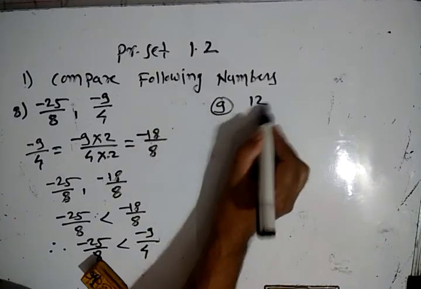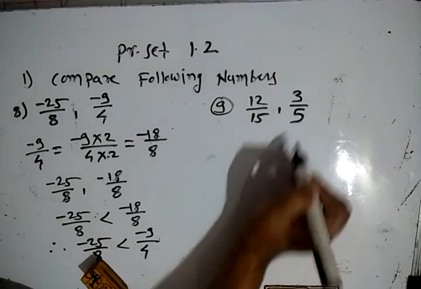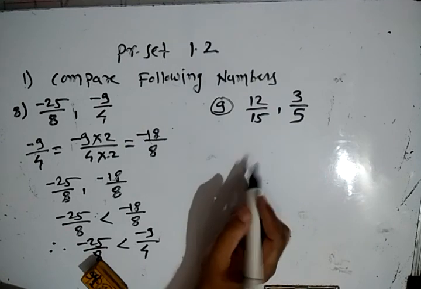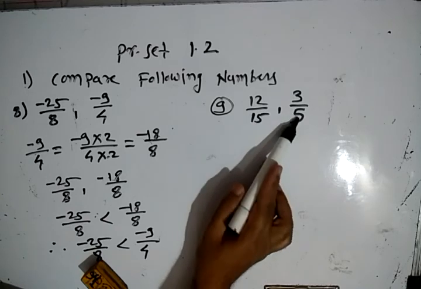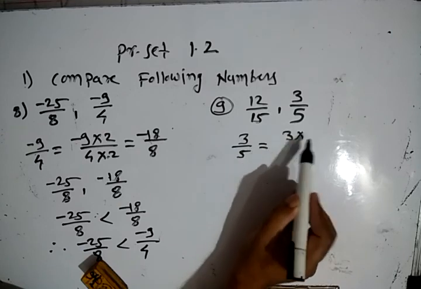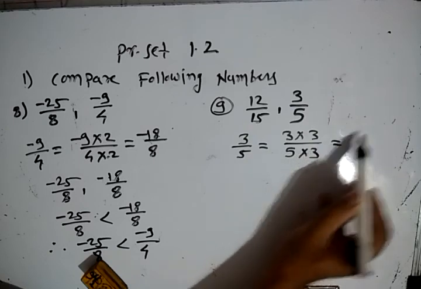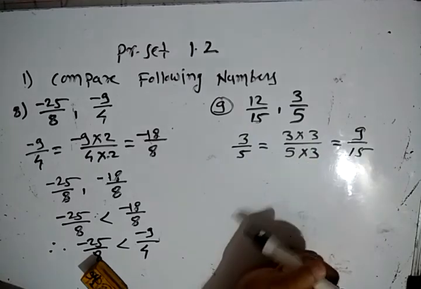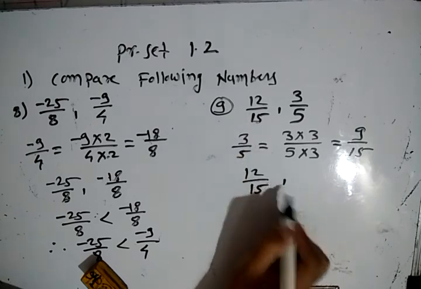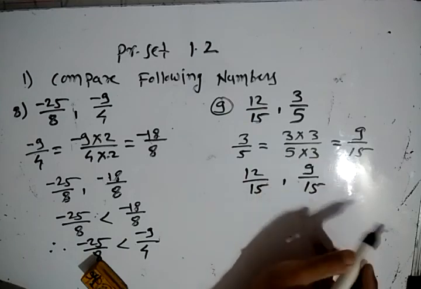Twelve upon 15 and 3 upon 5. 12 upon 15. Here, to make the same denominator, 3 upon 5 is equal to 3 into 3 upon 5 into 3. It means 9 upon 15. And here 12 upon 15 as it is. When we compare 12 upon 15 and 9 upon 15, then it is clear that this is